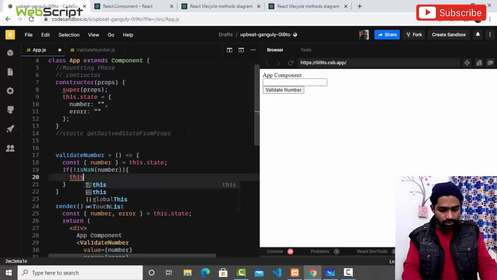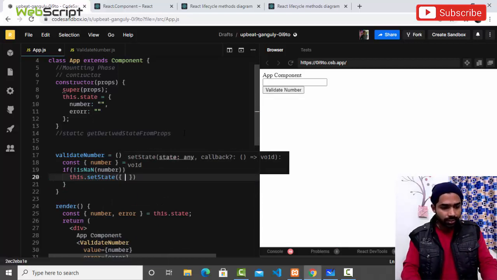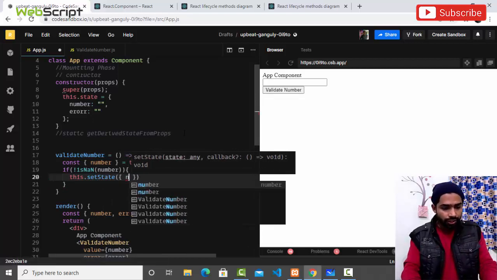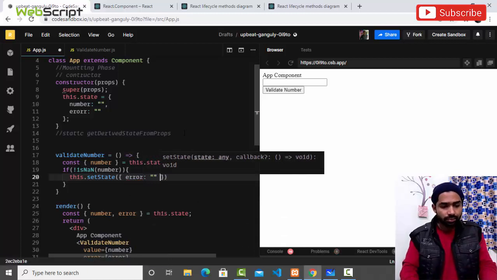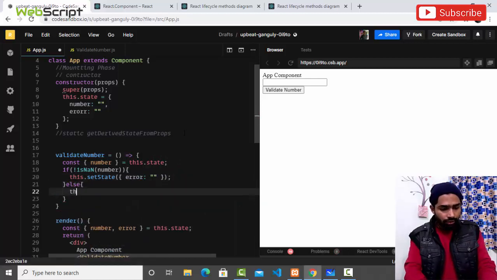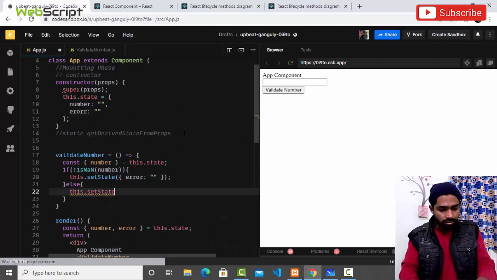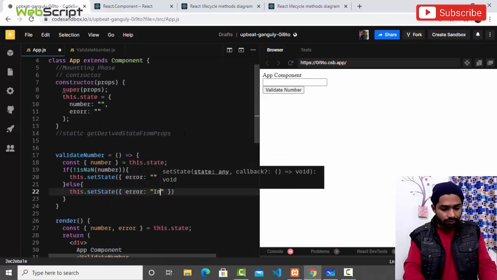So here we'll say this.setState, and here we're going to say number. Sorry, error. So if that's a valid number, then we'll hide the error, we'll remove the error, right? And if that's not a valid number, then we'll add the error. Set state